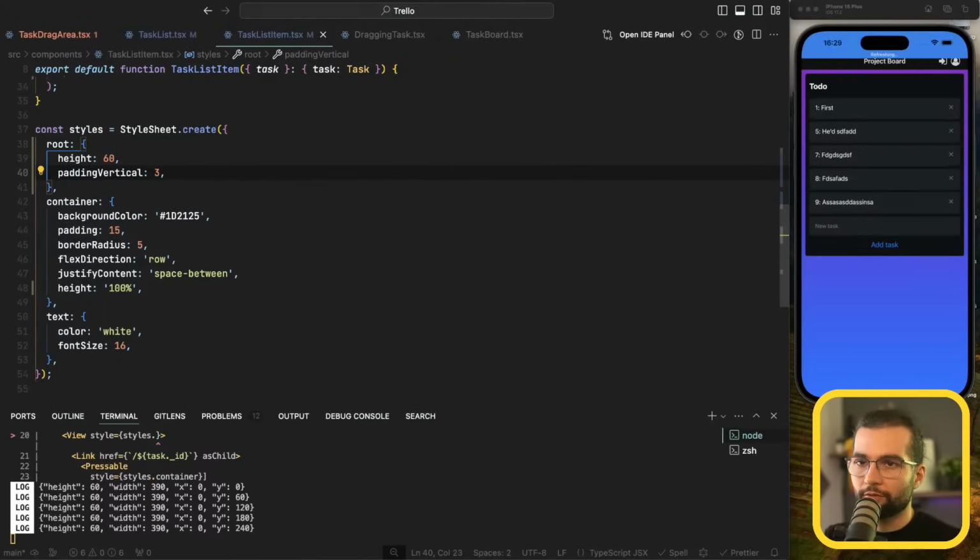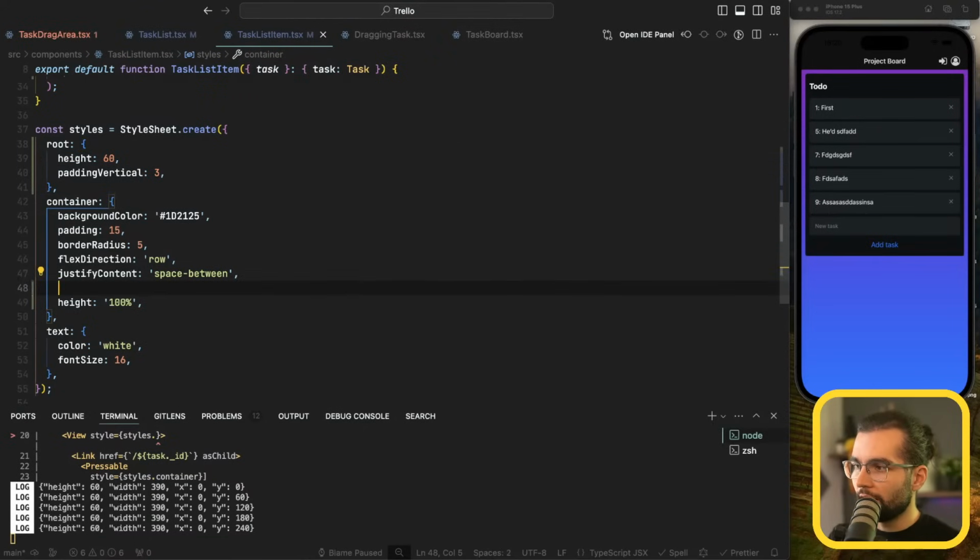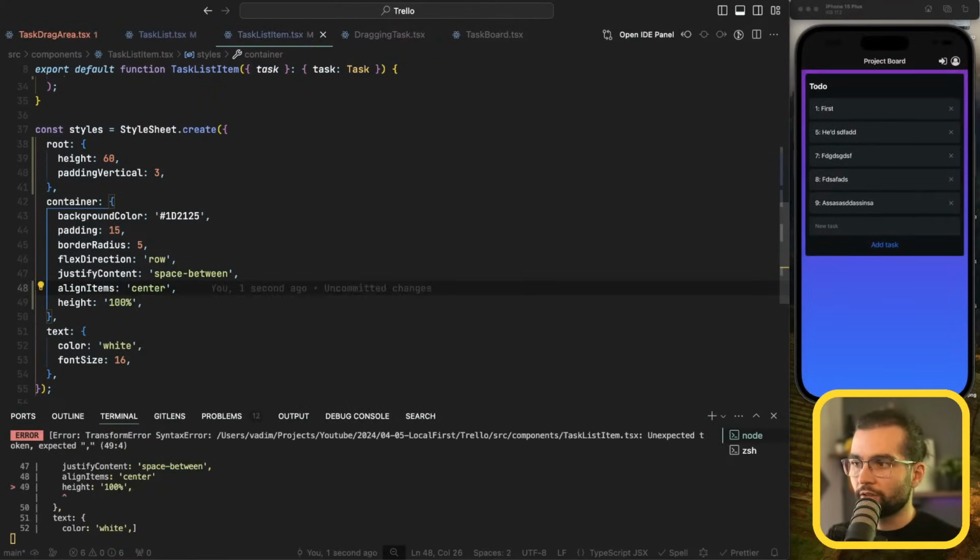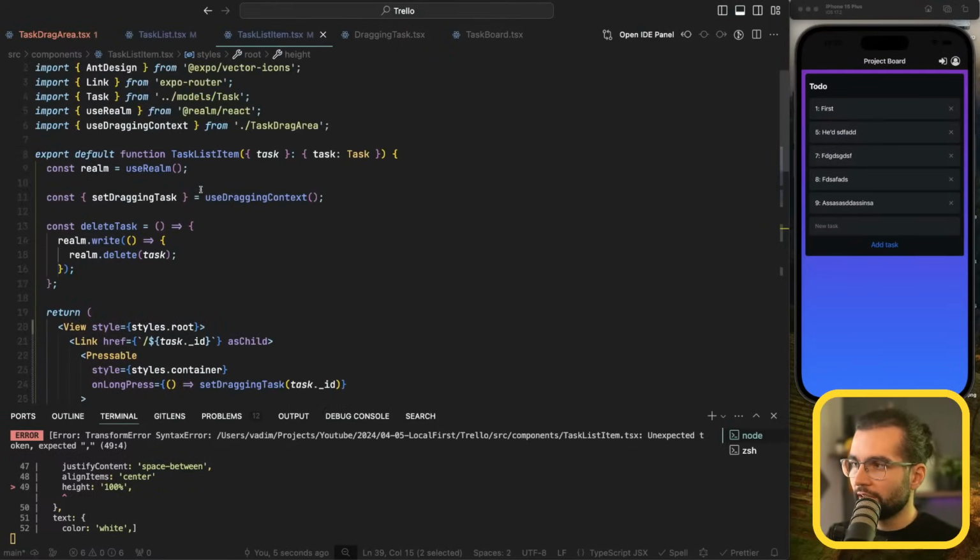Maybe it's too much. 3, 2. 3. Okay, we're going to see what the best approach is. Align items center to make them horizontally centered as well. Okay, and this height, I don't know, let's go ahead and store it as a